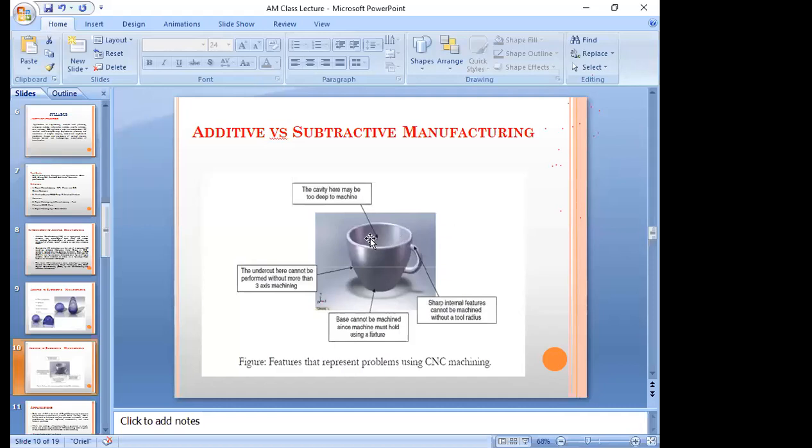We are going to perform using lathe machines, shaping machines, slotting machines, various machining machines, but that takes more time and requires highly skilled operators to perform this job. So that is one of the main drawbacks, or limitations, in traditional manufacturing.